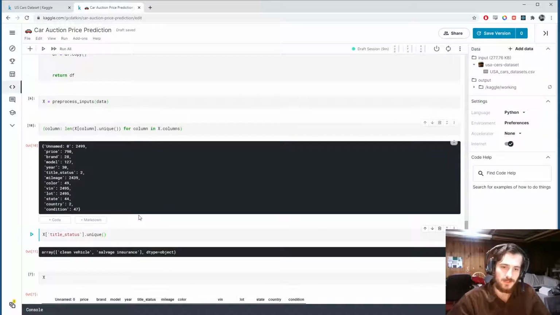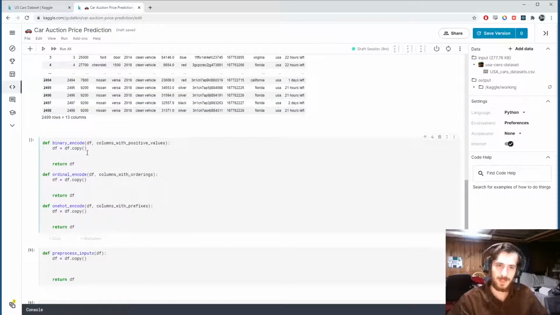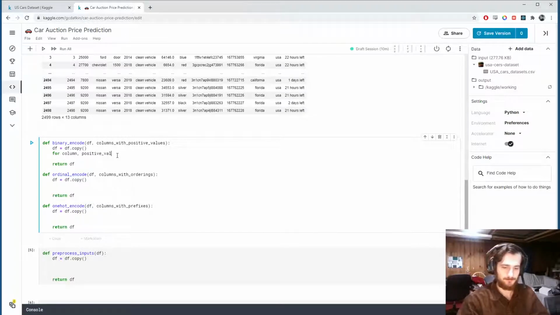So how are we going to do that? Okay, we want to pass in the value that we want encoded as 1. And that's what we'll call the positive value. So I'm going to pass in basically a list of tuples that have columns and positive values. So for column, comma, positive value in this thing, columns with positive values,